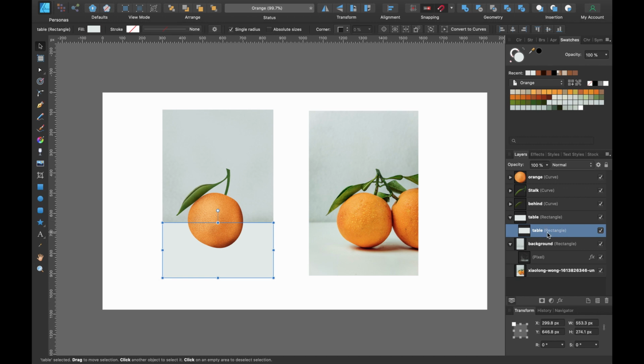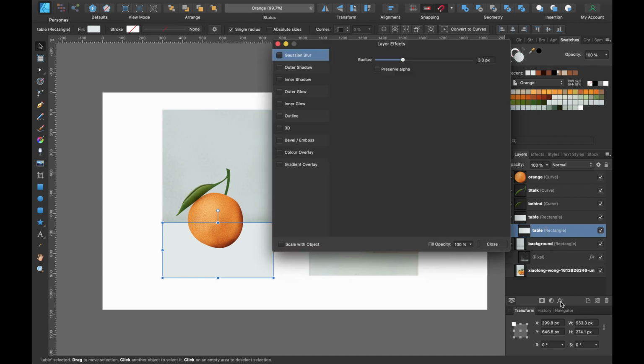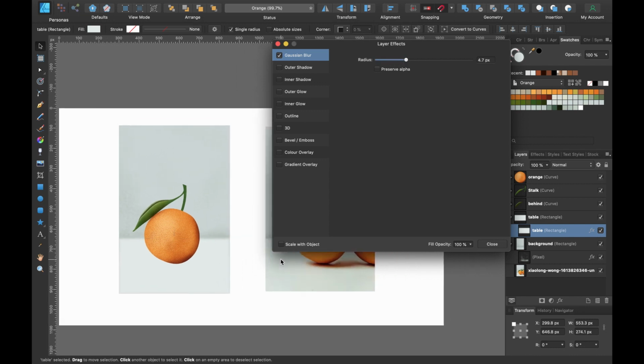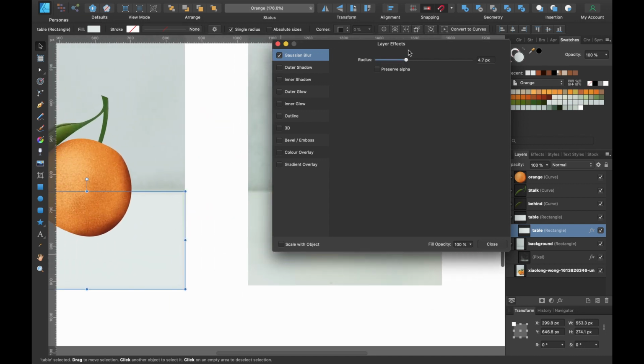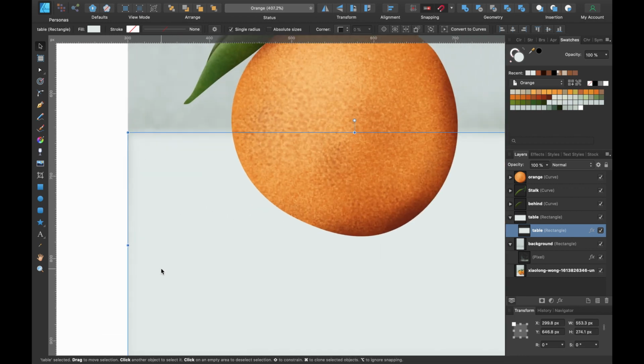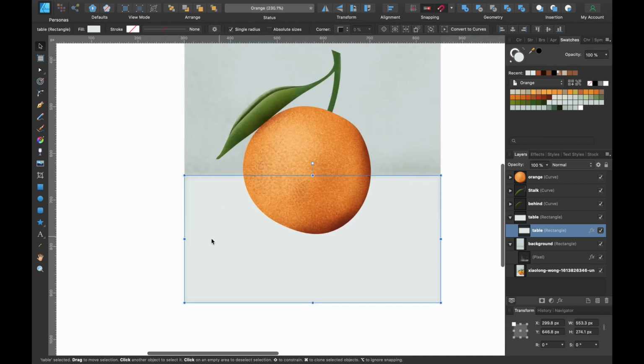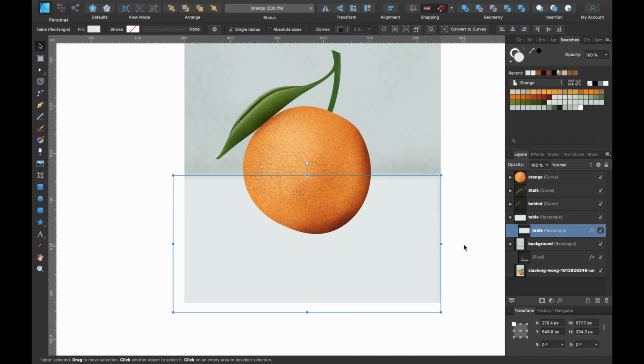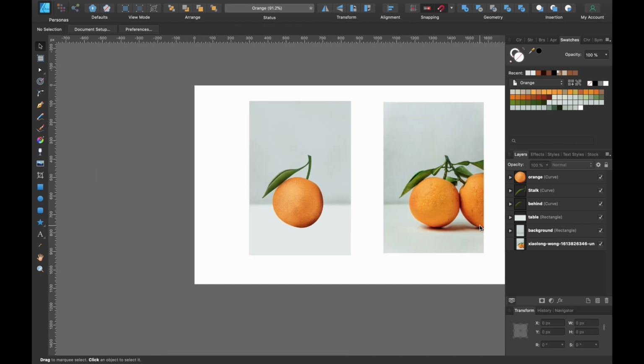And now I'm going to apply an effect to the table. So I'm going to click on effects and I'm just going to drag that out slightly. If we just zoom in, I could see how much I should bring up the radius so it looks like the photo. So that looks okay there. I'm going to press on close and notice when you engage the Gaussian blur, you'll see the sides start to feather a little bit. So what we're going to do, we're just going to drag them out a little bit so that we don't get that. And that is our blurry table.